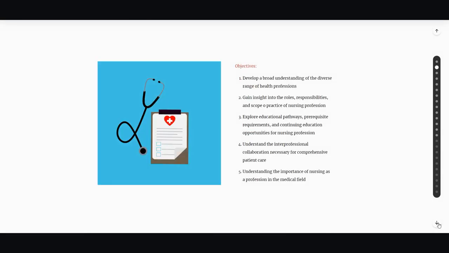In our presentation and discussion today, we will cover a couple of objectives. We will discuss together the development of your broad understanding of the diverse range of health professions. You will gain insight into the roles, responsibilities, and scope of practice of the nursing profession, exploring educational pathways, prerequisites, requirements, and continuing education opportunities for the nursing profession, and understand the interprofessional collaboration necessary for comprehensive patient care,